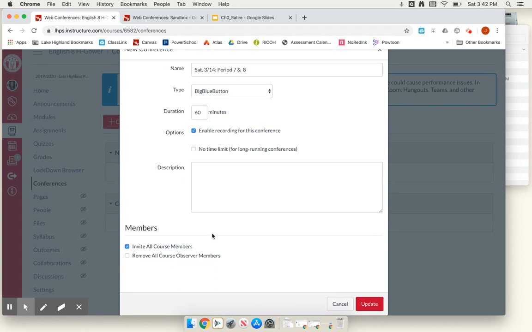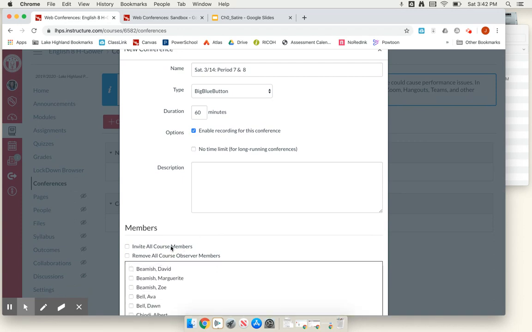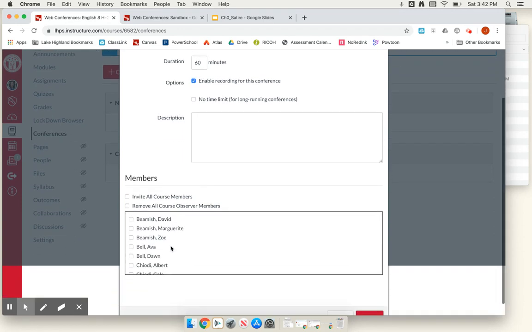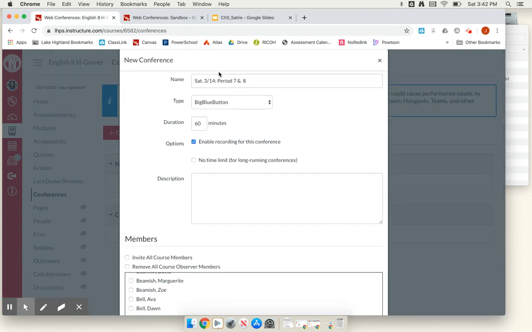And then you want to decide who you are going to invite. So in my morning classes, I have 60 some students and I don't want them all to attend the same conference. So I might be only choosing a few students that I want to invite. Now it is a little bit time intensive in creating the conferences for each set of students, but you can have it set up. So maybe I want this to be for Tuesday,